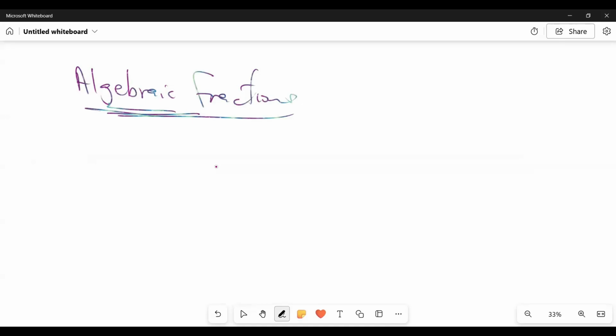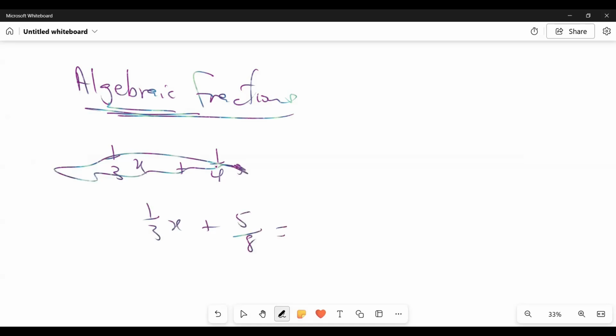And if you have to add algebraic fractions, let me just give you an equation just to illustrate something. 1/3 x plus 5/8 is equal to 1/4 x minus 3/8. If you have to solve something like this,